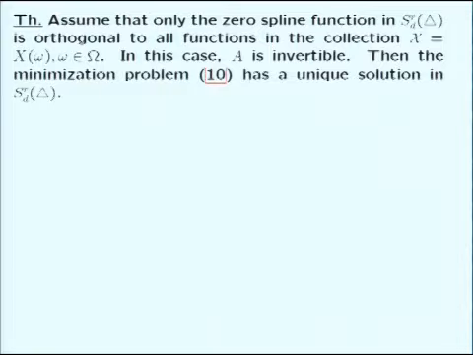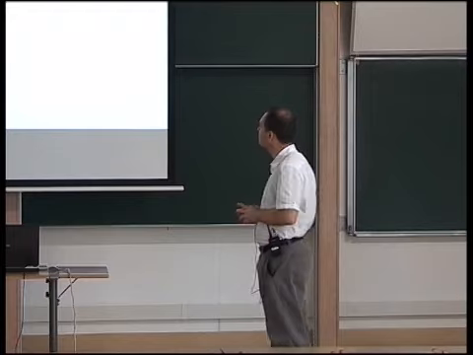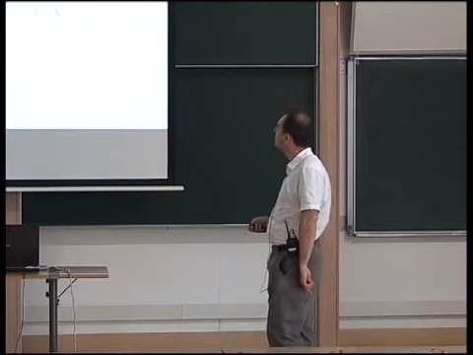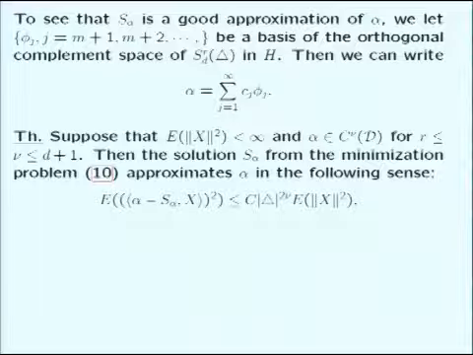This is not well written, but it mainly says that if you generate enough surfaces such that only the zero spline function is orthogonal to all the random surfaces that you could generate with X, in that case A is invertible and the minimization problem has a unique solution. And here, under some assumption, alpha plays the role of G as before. If you have some assumption on the regularity, on the smoothness, it's quite simple, but it's not very nice, but it's helpful enough for the results afterwards.